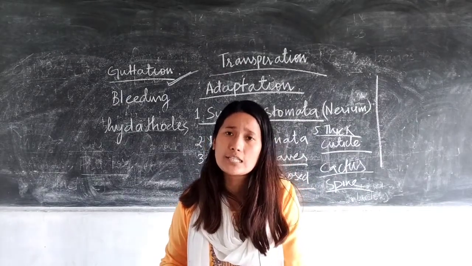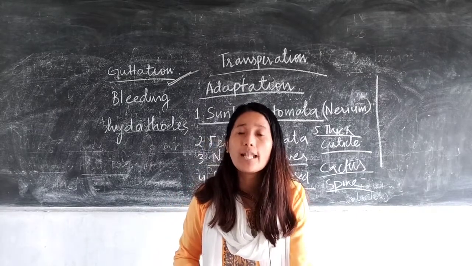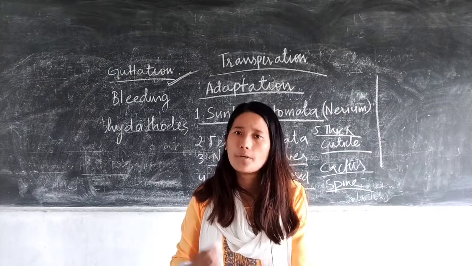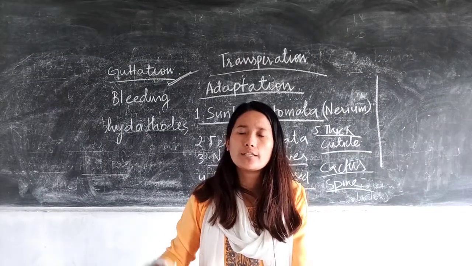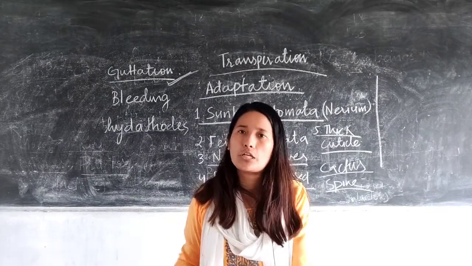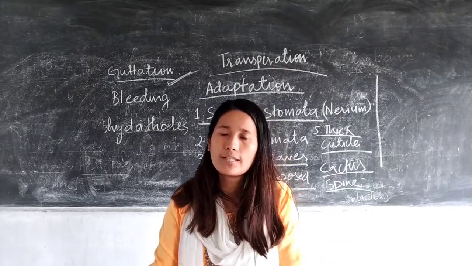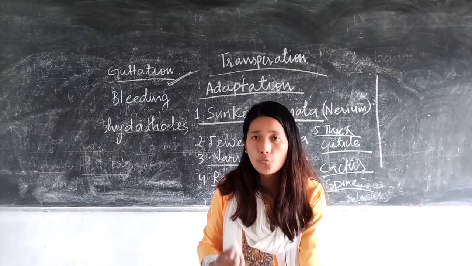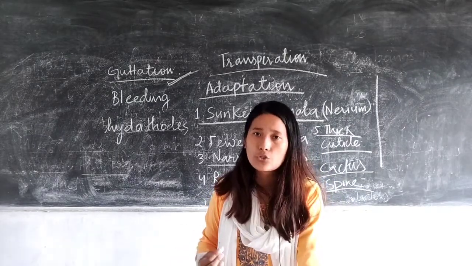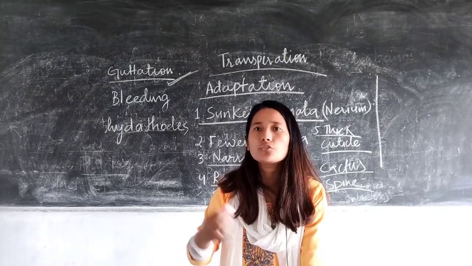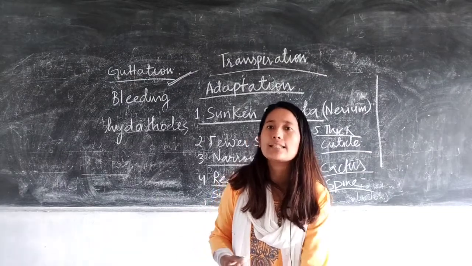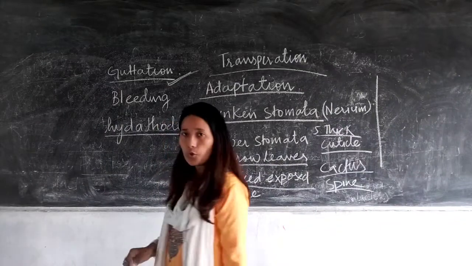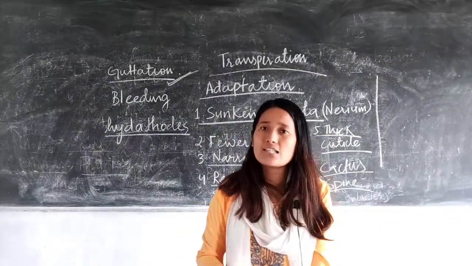So when they continuously absorb the water, hydrostatic pressure is built up within the plant, because of which the water is released from the veins into the leaf margins, and these leaf margins have a special pore called hydathode, through which this excess water